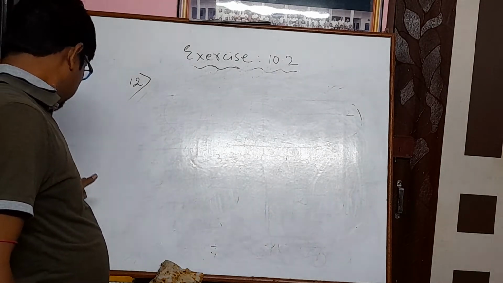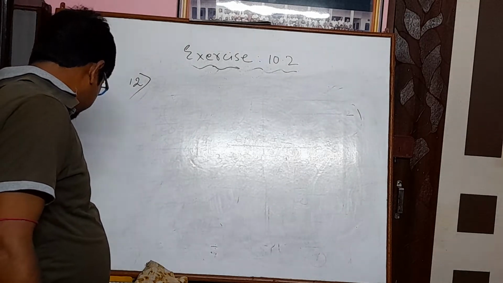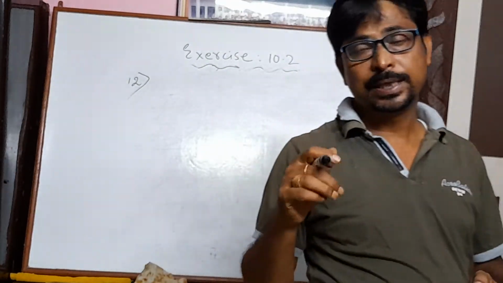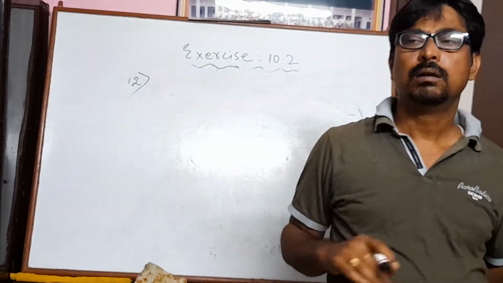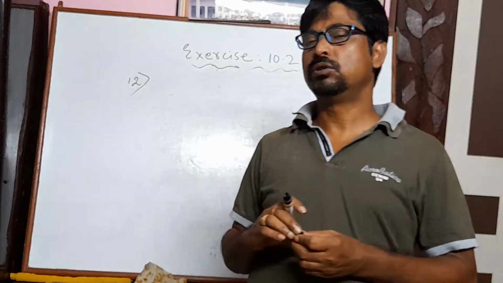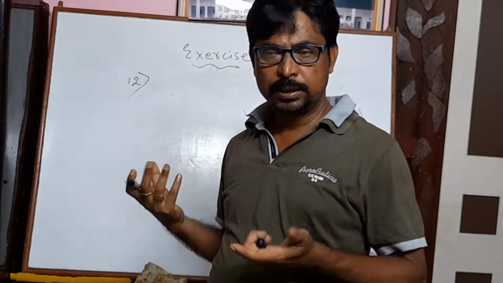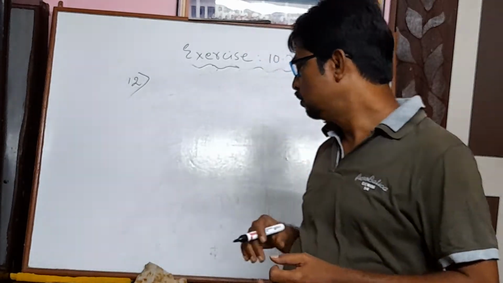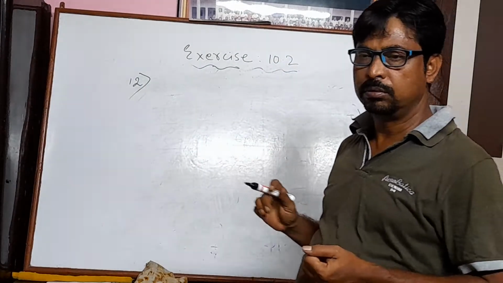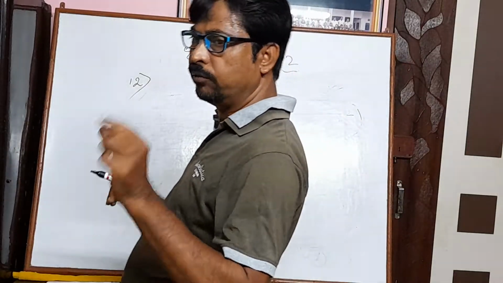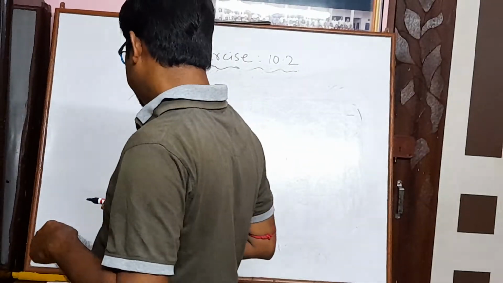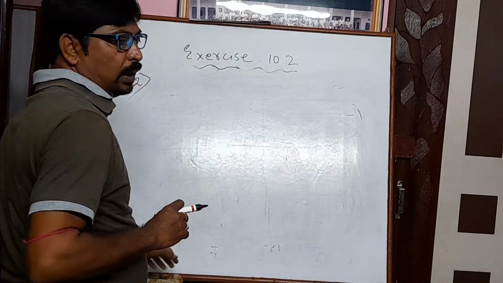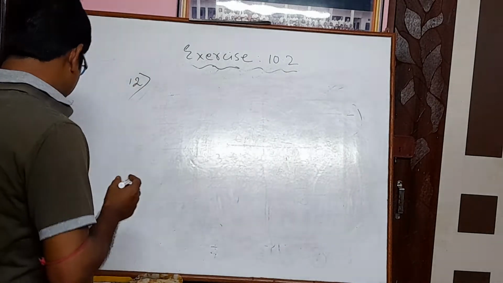Before solving this question, I want to share that the answer given in the book at the back is wrong. It is given as 6 whole something by something, so the whole number is not there. Either the question is wrong or the answer is wrong. So I am solving the question according to the question given in the book. The answer will be different; the whole number will not be there. Remember that, because most of you will be confused. That's why I am telling you this clearly.